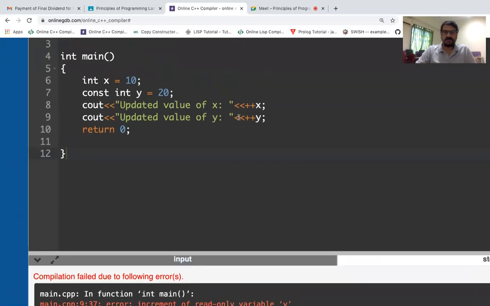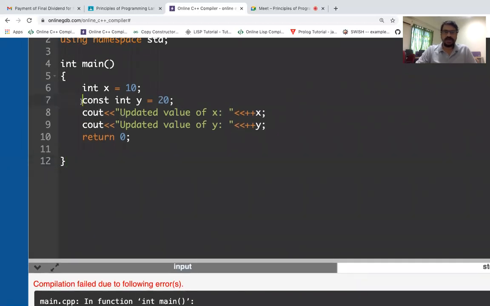Why is it not allowed? Because we made y a constant variable. Okay, this is a different type of variable, right? Variable means the value should vary, but once we make any variable constant, it means the value is not going to change. The value of that particular constant is not going to change, right? This is a simple const keyword. Now